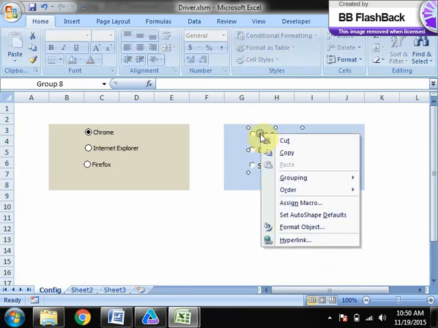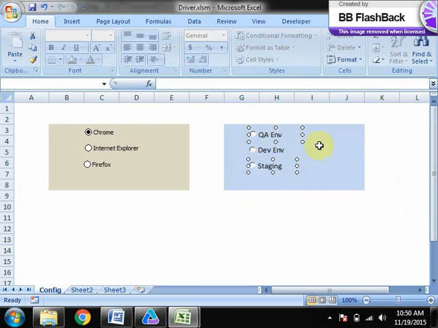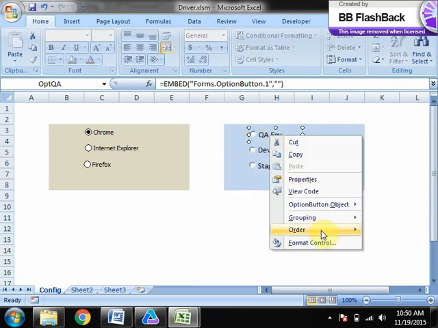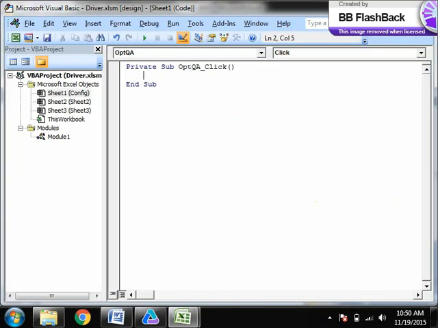Then this time I will do view code. Not a macro, this time it's a Visual Basic control, so you can see view code and write it. Set OWSH equals create object wscript dot shell.